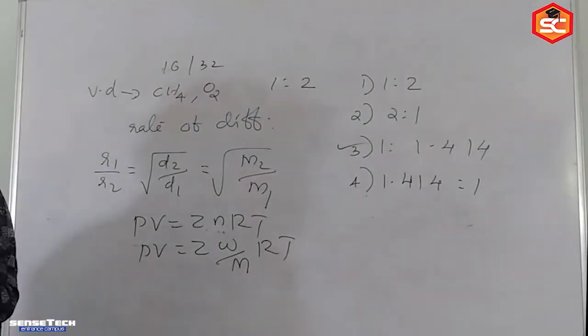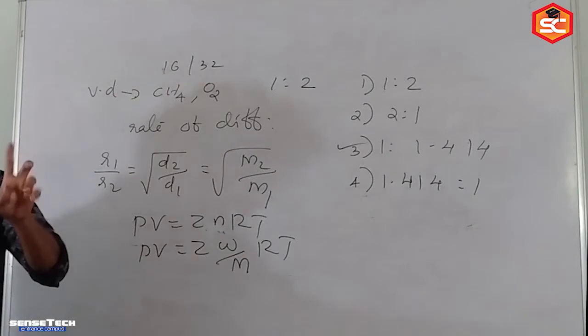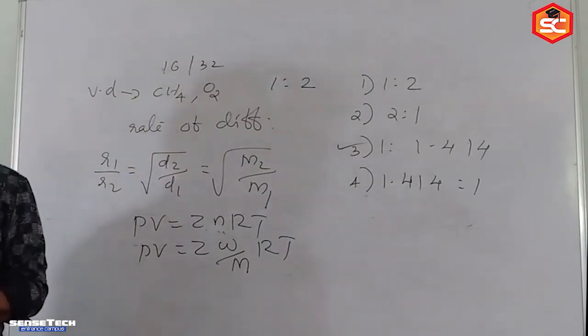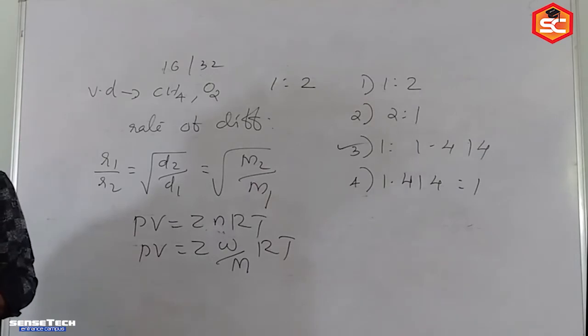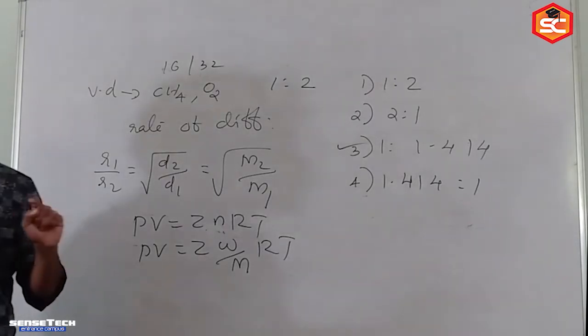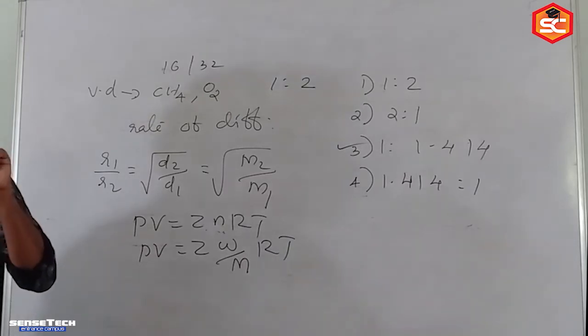The density of oxygen gas at 25 degrees Celsius is 1.458 milligram per liter at 1 atm pressure. At what pressure will oxygen have the density twice the value? Twice the value, not volume, twice the value.